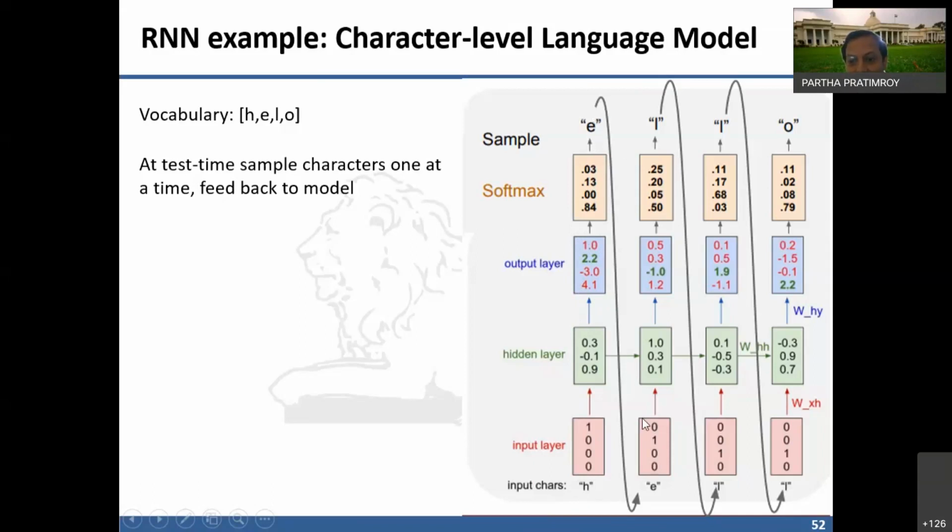Now this E is coming as the next input. When E is coming as the next, that means 1 will be there. And then the previous hidden information is 0.3 minus 0.1, 0.9. So in this matrix, you have basically two sets of values: 4 values 0, 1, 0, 0, and these three values of this H, 0.3 minus 0.1 and 0.9. So total input is 7 features. So the weight matrix will be W1 to W7 plus bias.